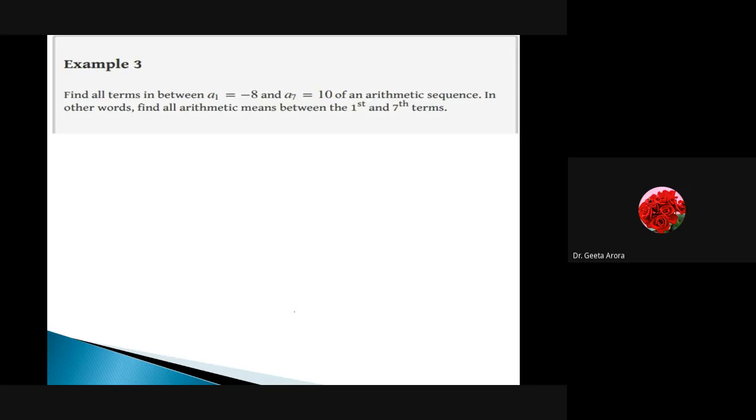A2 is equal to A1 plus D, whatever you have calculated, into n minus 1. So that is the second value. Similarly, for n is equal to 3, we have A1 plus D times n minus 1. So try it, and do not wait for a teacher to complete all the examples. It's you who have to learn. So it's better that you are showing me what your answer is.